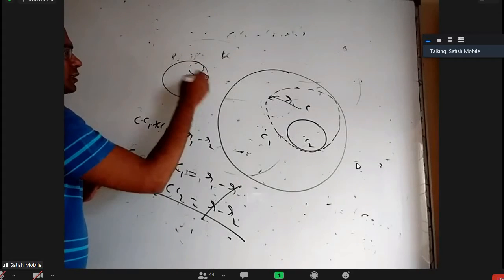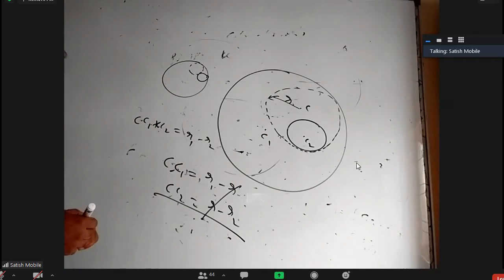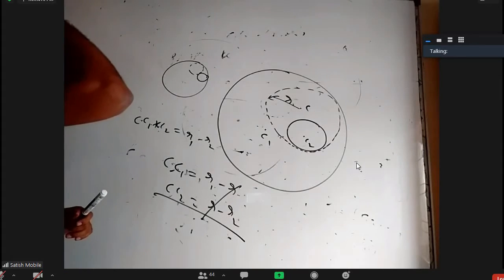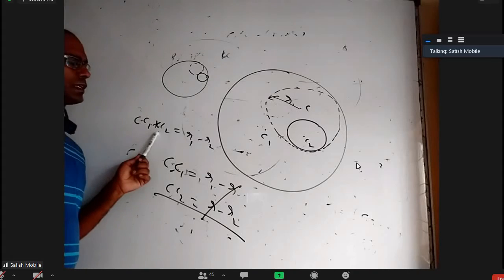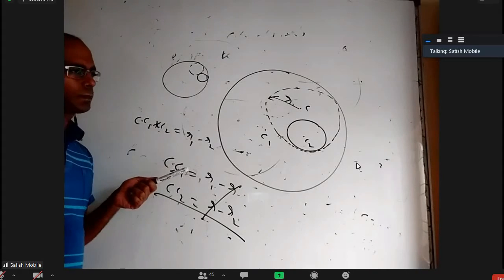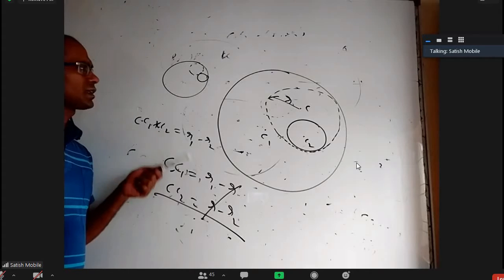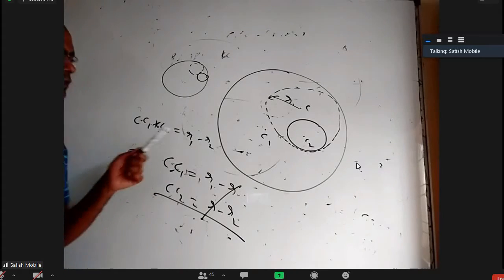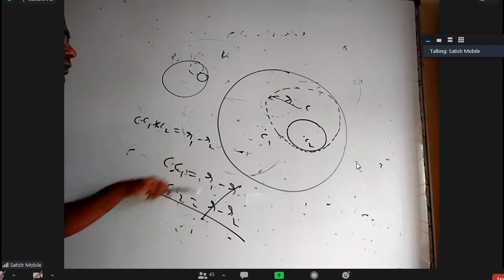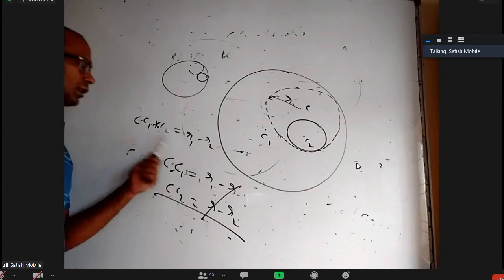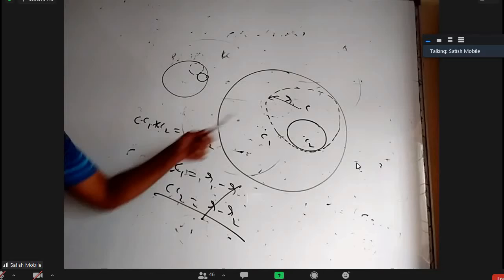Also, will there be a circle? The other one will be a line. Will it be a line? Yeah. That is because PA plus PB is coming exactly AB. R1 minus R2 is distributed in the centers. Yeah, here. This is R1, this is R2. So it's going to be a line. Here one of them is an ellipse and the other one is a line.